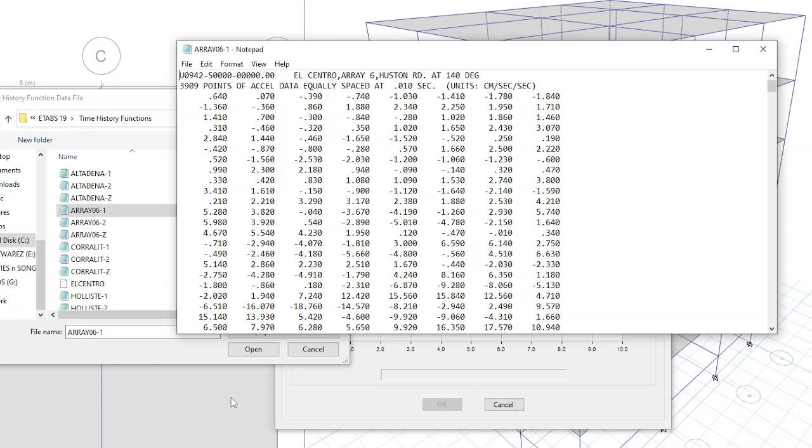So the data stored has 3909 records, and the time period between each value is 0.01 seconds. So overall time period for this record is 3909 into 0.01. If you multiply that, you will get 39.09 seconds. So that much duration data we have here.